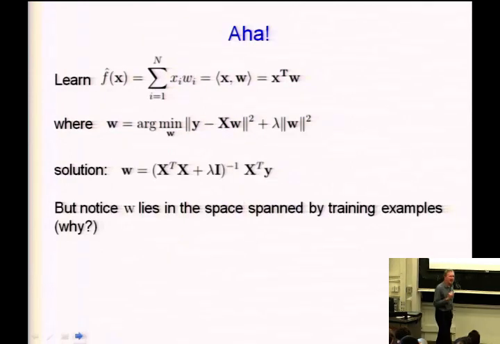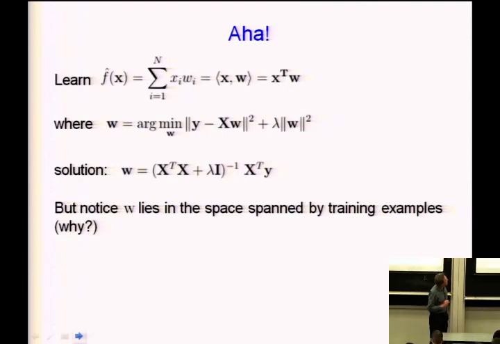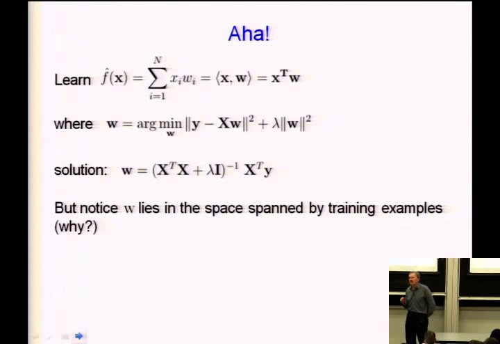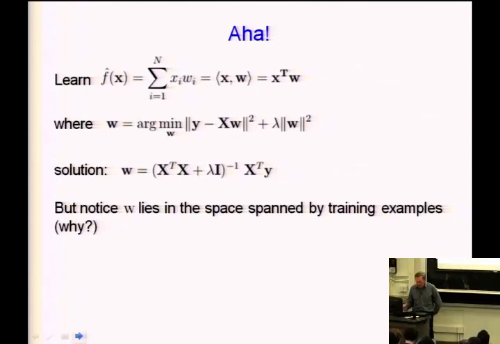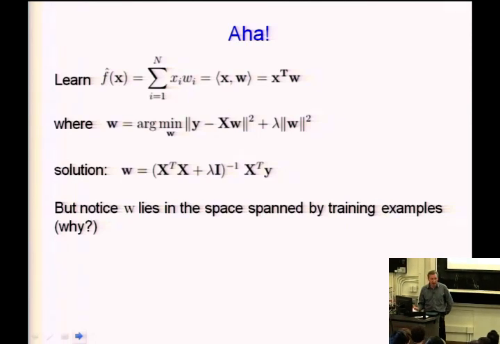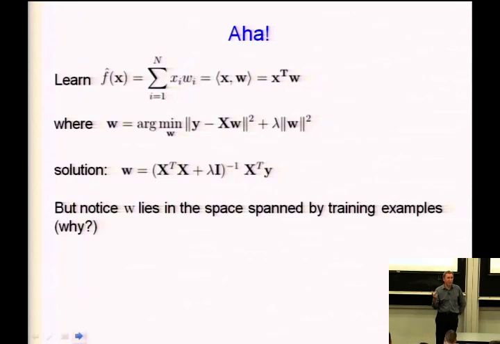there's an interesting observation we can make, which is that this weight vector actually lies in a space that is spanned by the training example vectors. What does it mean to be in a space? What does it mean for a set of vectors to span a space? Same as we talked about when we discussed PCA and different coordinate frames. And we said, well, what it means for a particular coordinate frame to span a space is that